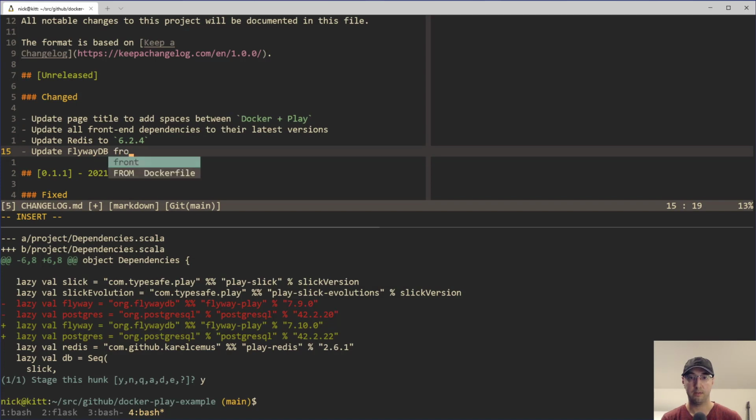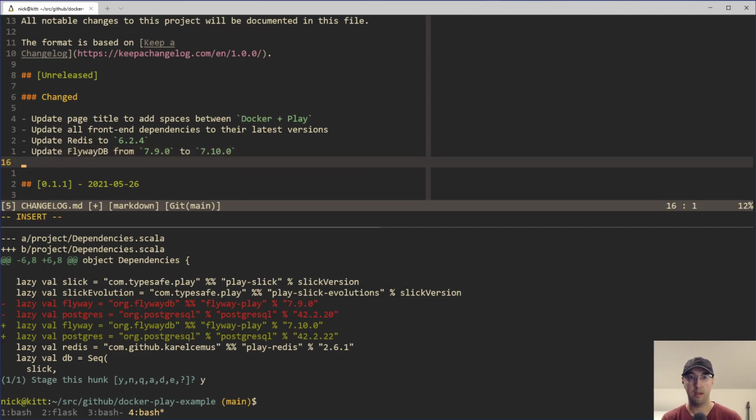Flyway DB from, what was this one, 7.9, to, I don't know, 7.10, right? That was an easy one. And then what else are we going to do here? We did update